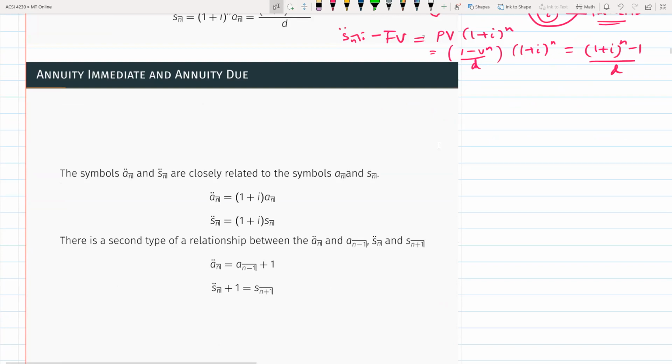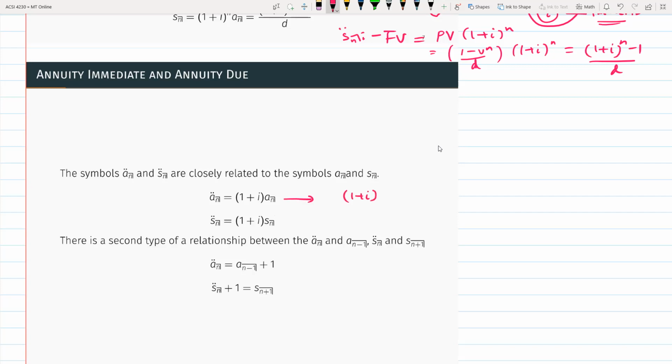Okay, so here you can find some relationship between annuity immediate and annuity due formula. If you want to prove this, you can easily do that. You just take one side and then try to simplify and get the other side. For example, here,